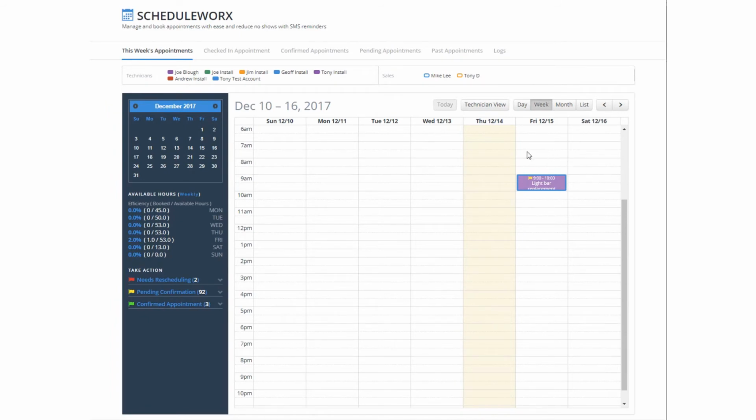All right, now we can see our appointment is on the main screen. It's from 9 a.m. to 10 a.m. and it's a light bar replacement. So what happens if that customer calls back and they can't make it at 9 o'clock? They're asking if they can move their appointment back to 10 o'clock. You can either open it up and change the time on the window, or you can actually just drag this